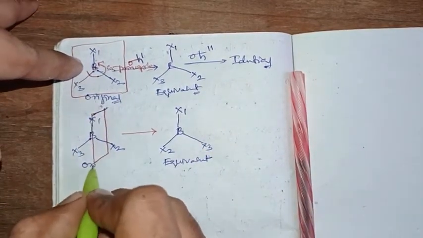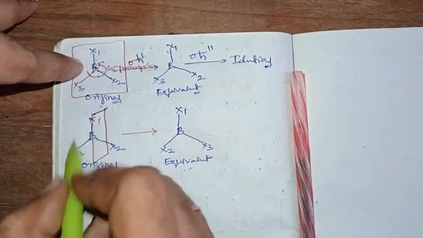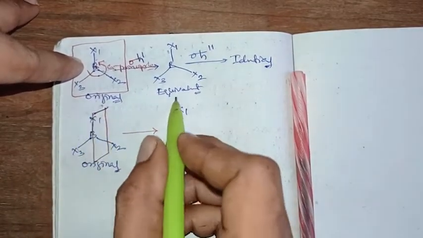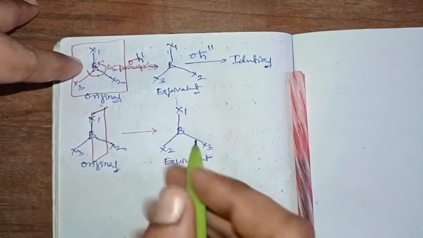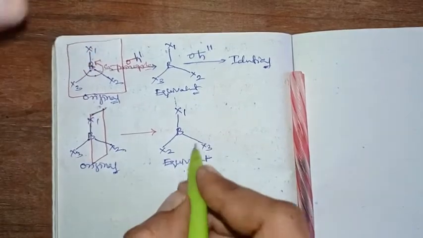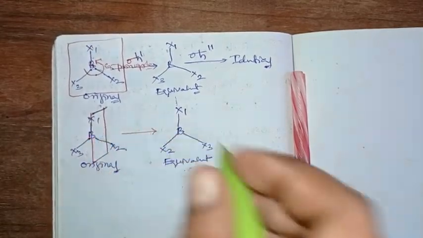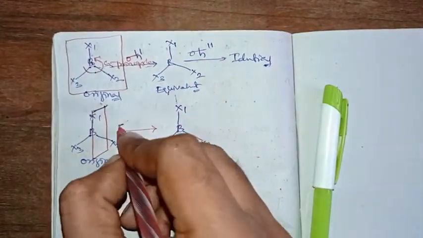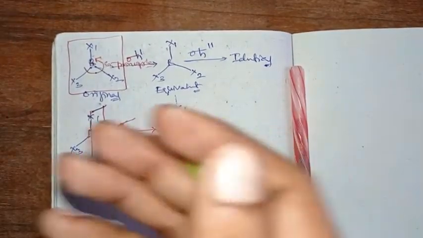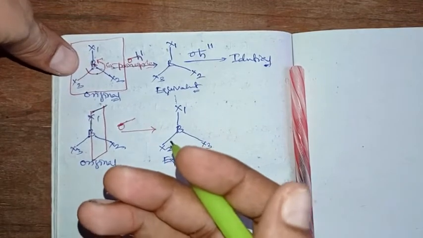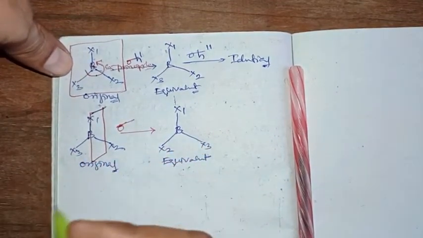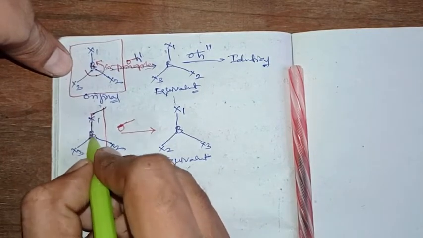While we compare with the original configuration, this is a trigonal, this is a trigonal, middle boron, above one halogen, below two halogens, left side one, right side one, left side one, right side one. That's how it is an equivalent configuration. Then the plane will be called a plane of symmetry, and to assign this particular plane, we have to move on for vertical or horizontal or diagonal. So here we will go with the principal axis.